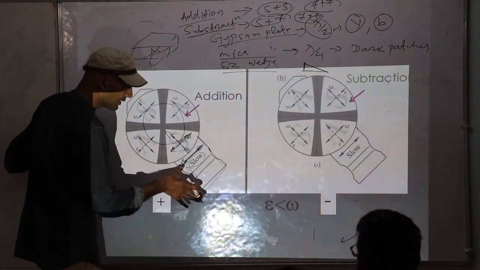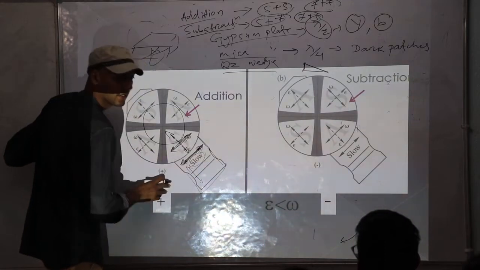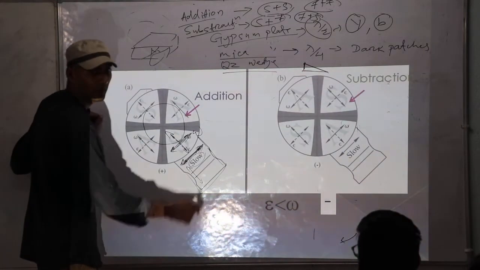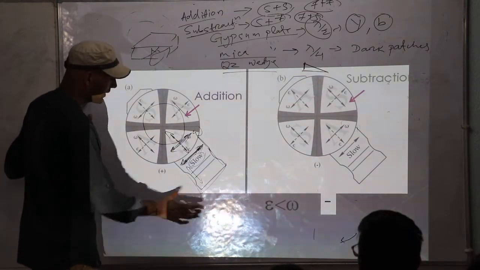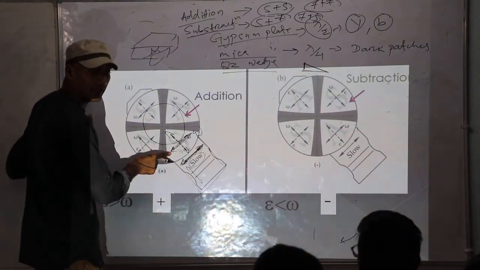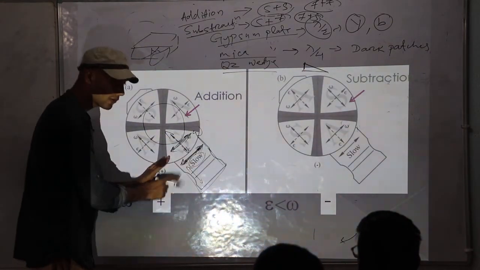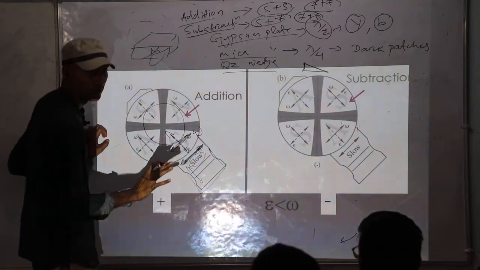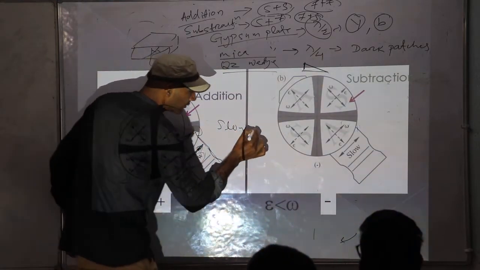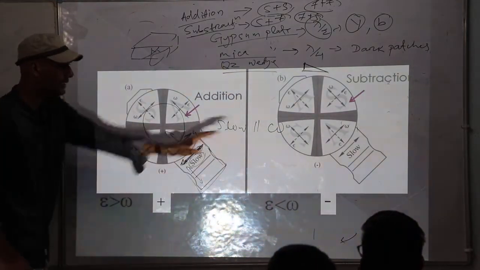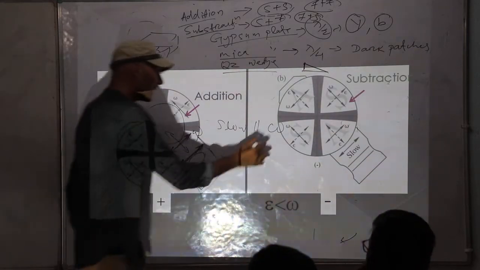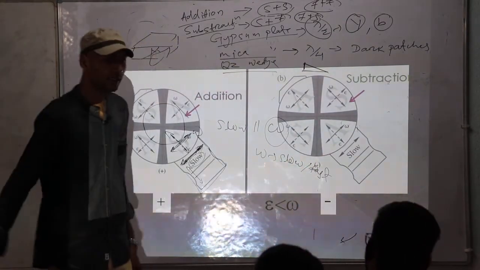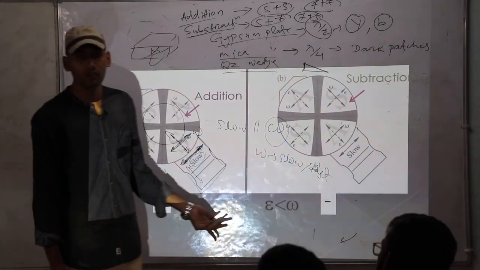So here I am inserting this accessory plate, which has a slow vibration direction parallel to the O vibration direction, in the respective quadrants where I am entering the accessory plate. Got that? There are 4 quadrants. In the quadrant where I am inserting, the O ray is parallel to the slow ray of the accessory plate. These things are known. You know this is O ray, you know this is slow, and you know slow is parallel to O ray. Now what you have to find out is whether omega is slow or fast. If you can find that, then you can know whether the mineral is positive or